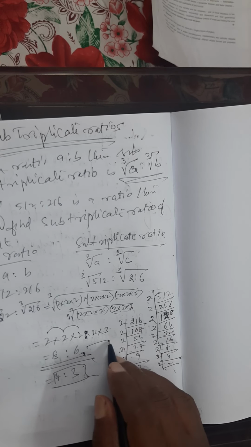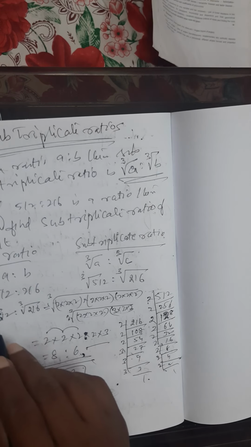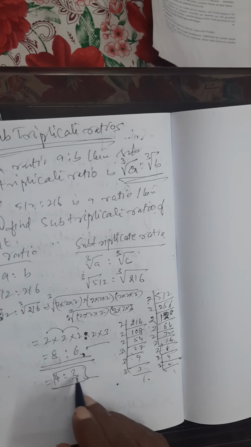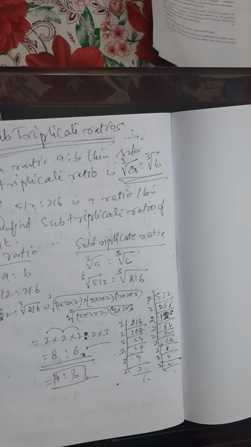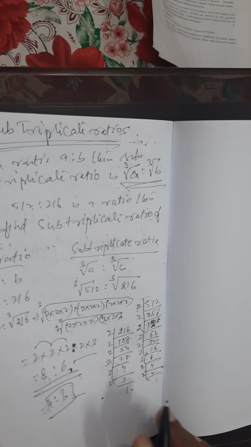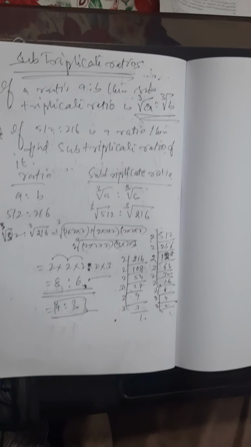If it is here, put a tick here, or otherwise this is the least fraction of the subtriplicate value of 512 and 216. So this way we can find the subtriplicate and the duplicate. Okay, now we are going to